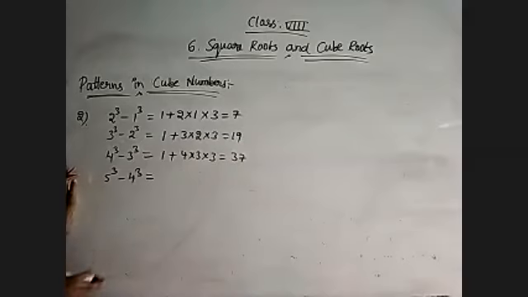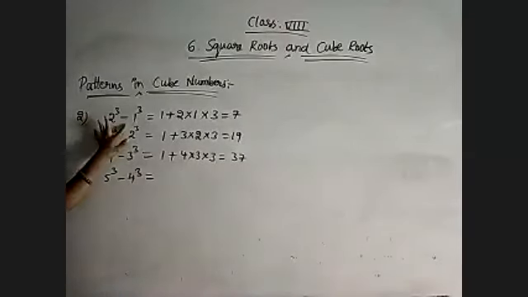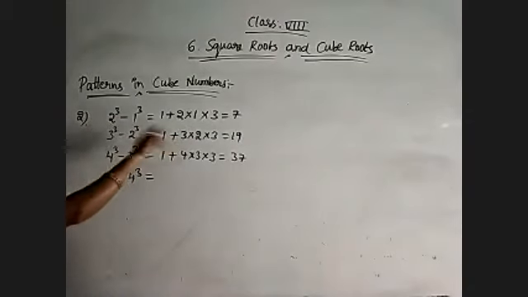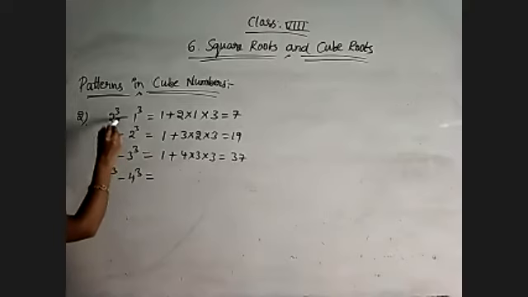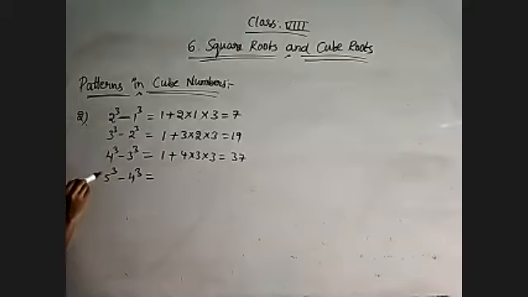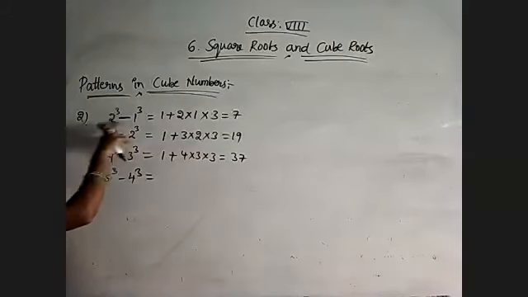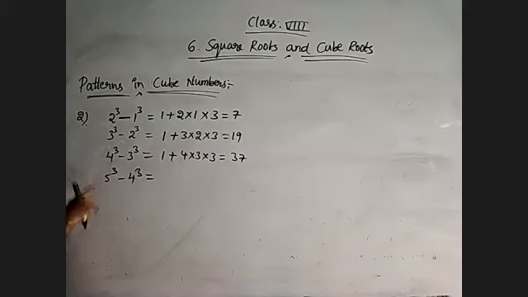Okay, that is clear. Now observe, 2 cube is 8, 1 cube is 1, 8 minus 1 is equal to 7. Both are equal, yes or no? Observe this pattern. These are two consecutive numbers, and between them we are taking the difference of their cubes. Difference of cubes of two consecutive numbers. Difference because subtraction. Okay. 1 and 2 are consecutive numbers. Difference means the greater number we must take first.